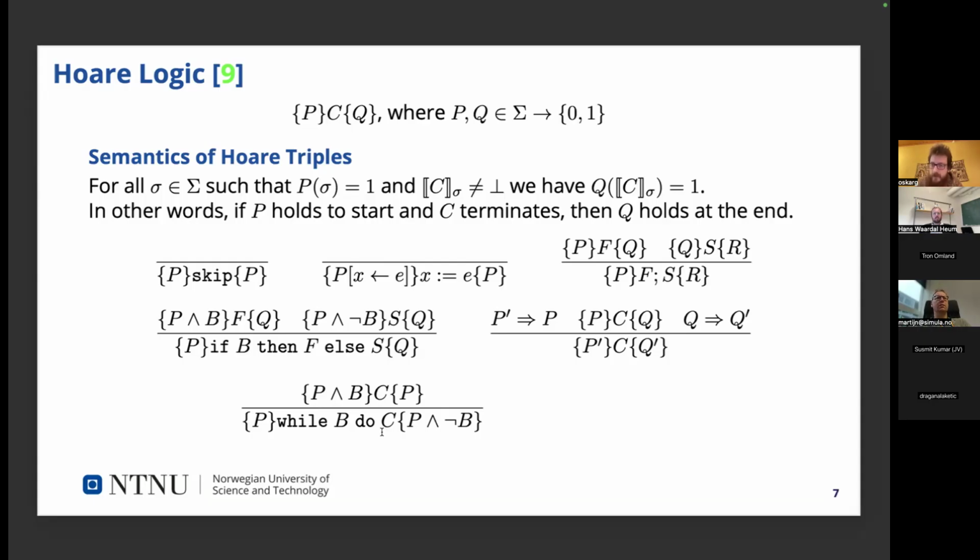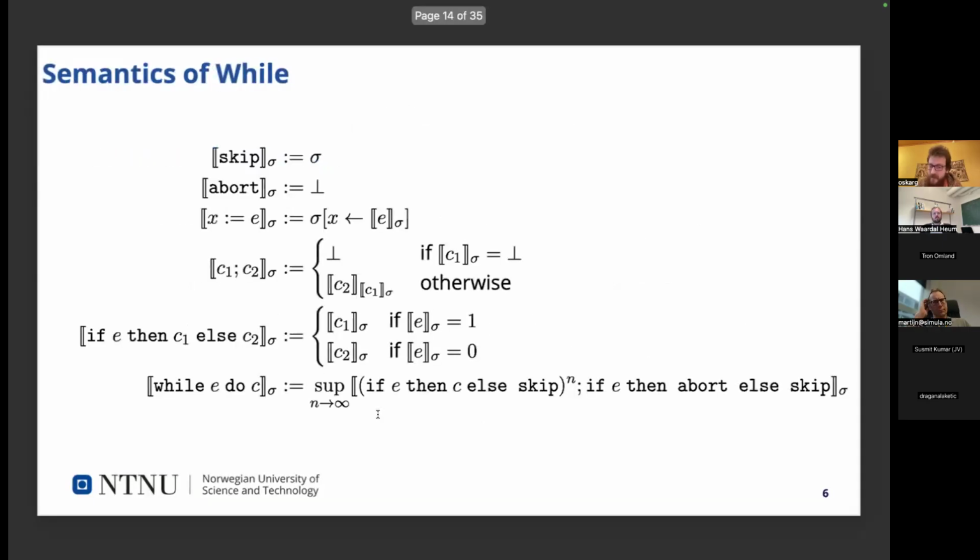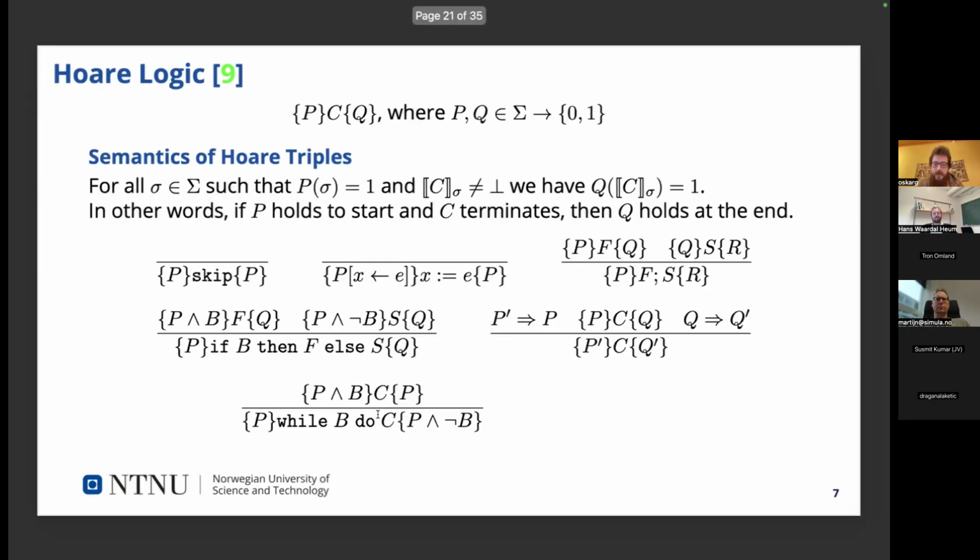Yeah, exactly. This is where these invariants come in, right? It allows you to do modular reasoning. You can split up your programs, and you can now reason about the contents of a while loop instead of reasoning about the entire thing, or reasoning about limits in some partial order. You can now reason about this smaller program. That's the main idea of these logics, to allow you to do modular reasoning on your programs.